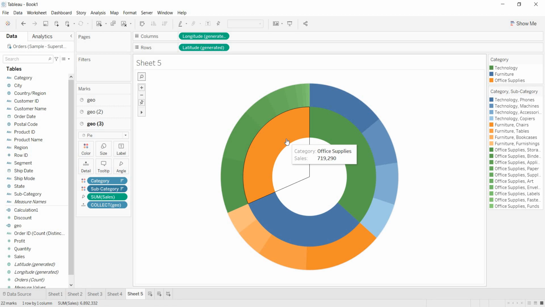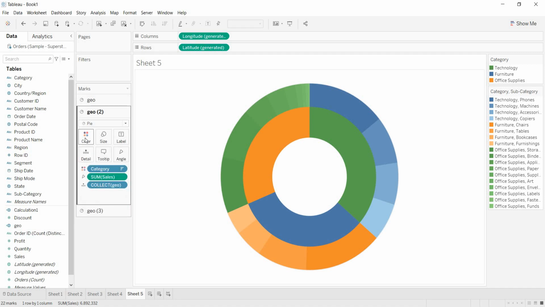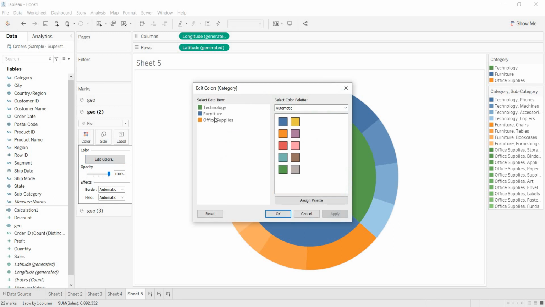Office supplies. Office supplies. Orange. Here it is green. Okay, let me go to this and let me change the color here. Here office supplies is taking.